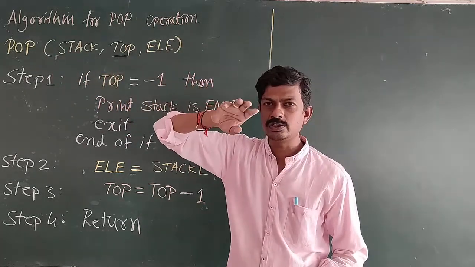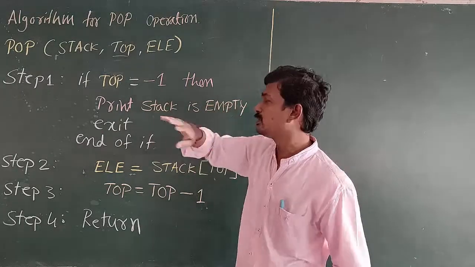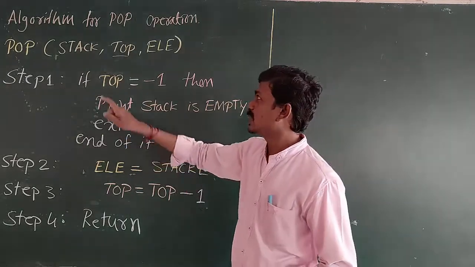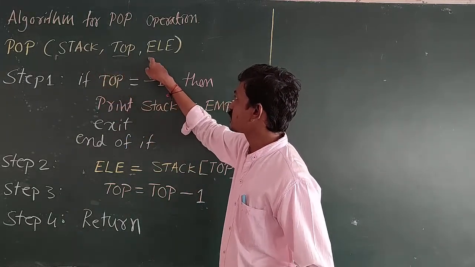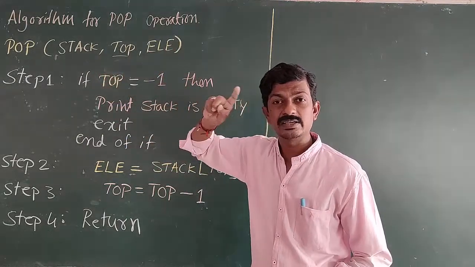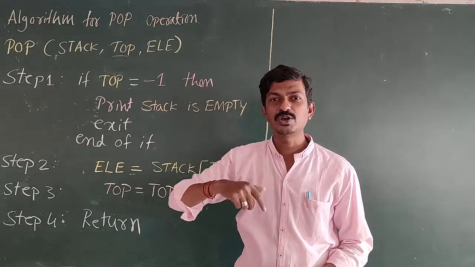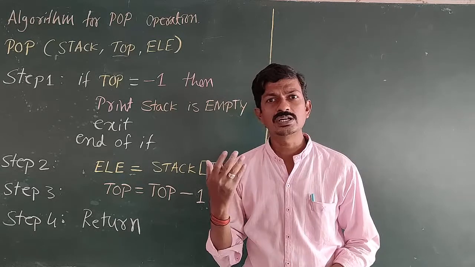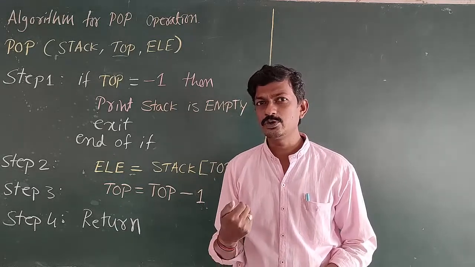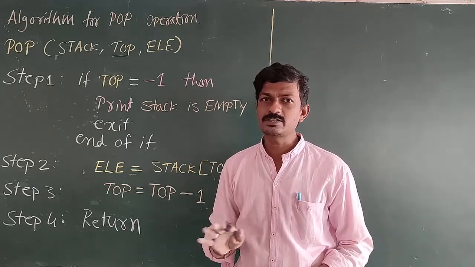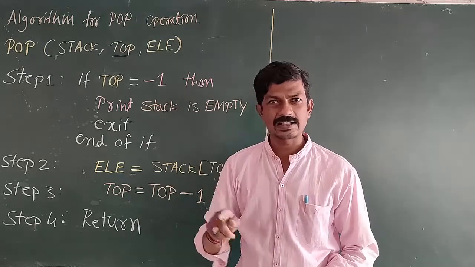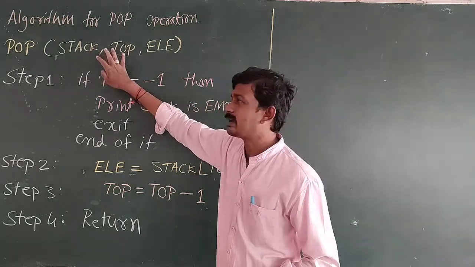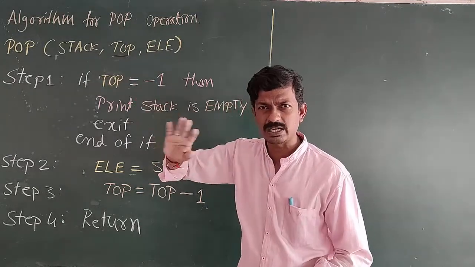In the push operation, you might have observed that we pass 4 arguments: stack, top, size, element. Size matters because we need to know how many elements can be stored in the stack data structure. That many elements we can insert into a stack data structure. In pop, we have only 3 arguments, or 3 parameters.